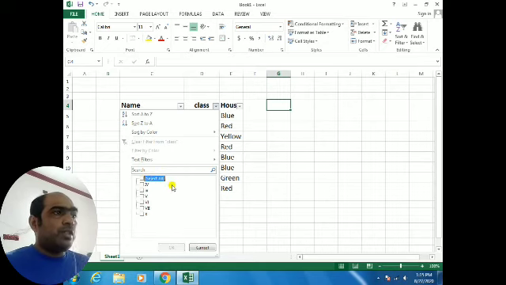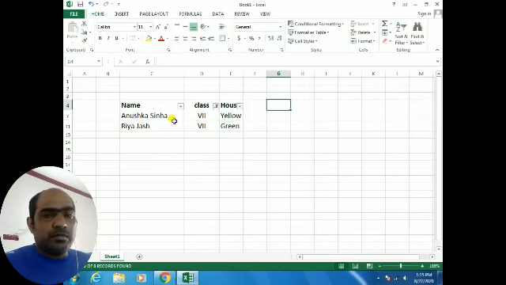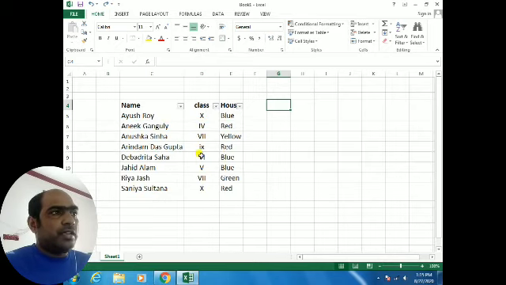If you remove select all, then all the tick marks will go out. Now I want to see only class 7, so I have clicked 7. After that, okay. Now see, in class 7 there are 2 students' names, Anushka and Riya. If you go back, see here, 1, 2, two 7s are there.